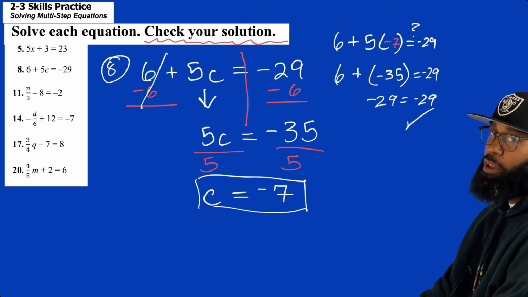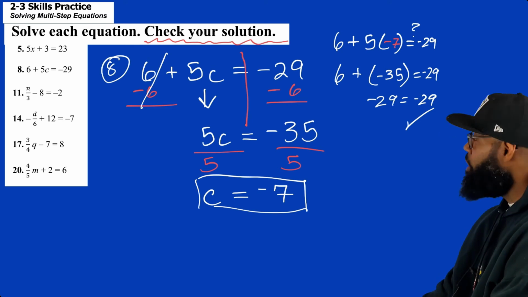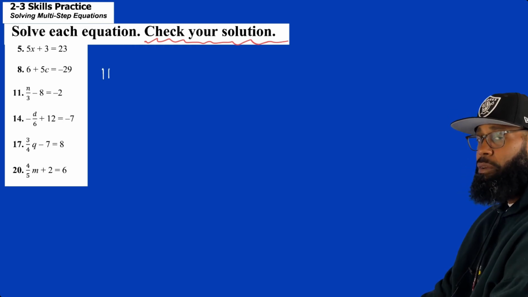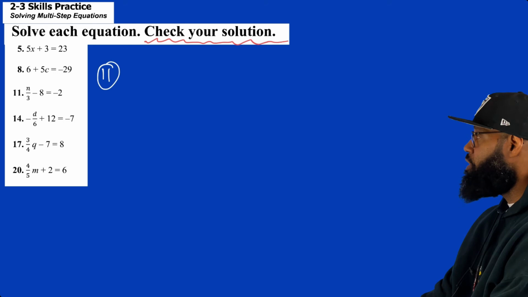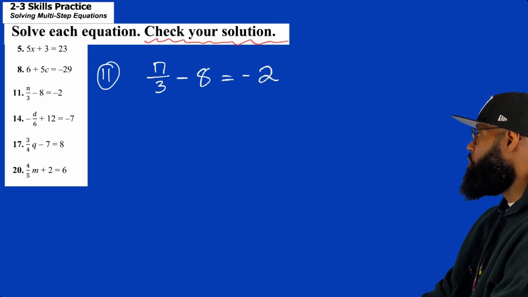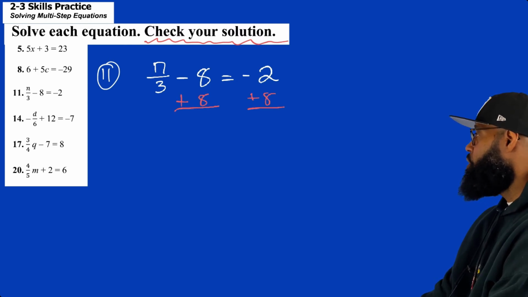All right, guys, so again, from 5 to 6, now of course, as you get nervous here because you see what's coming, 11 has a fraction. I love it, guys, between 11 and 14, 17, and 20, really taking some time to make sure that you understand the simplicity of what's going on. A number is being divided by 3. N divided by 3 minus 8 equals negative 2. Again, what two operations are happening? Division and subtraction. What do we undo first? Addition or subtraction. So we're going to add 8 to both sides,